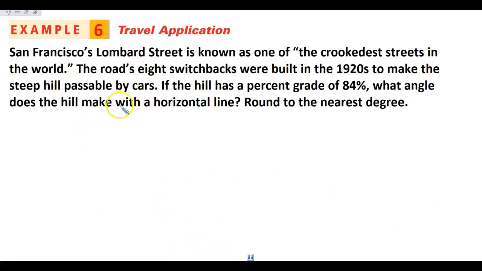So with our last example here, we have San Francisco's Lombard Street, which is known as one of the crookedest streets in the world. The road has 8 switchbacks that were built in the 1920s to make the steep hill passable by cars. So Lombard Street kind of does this. It zigzags back and forth to get down the hill